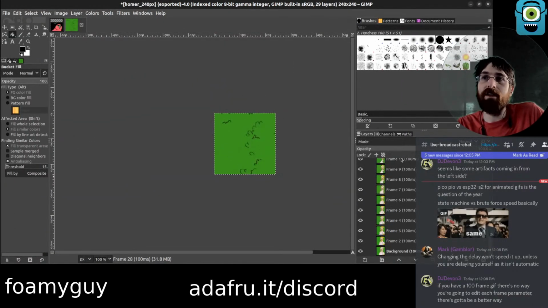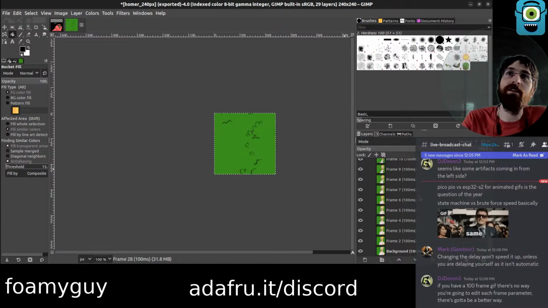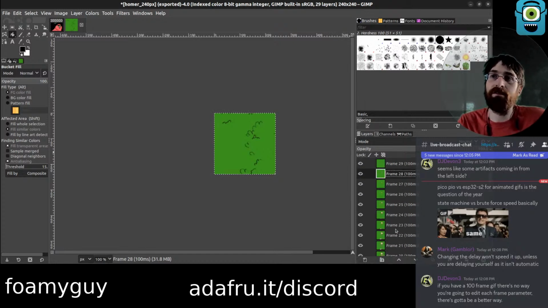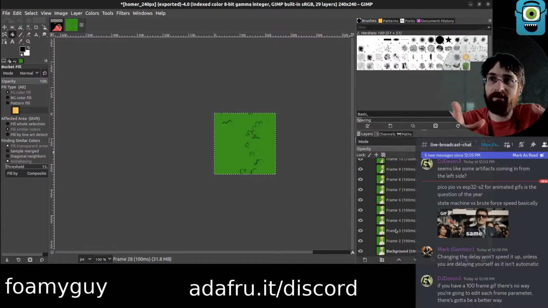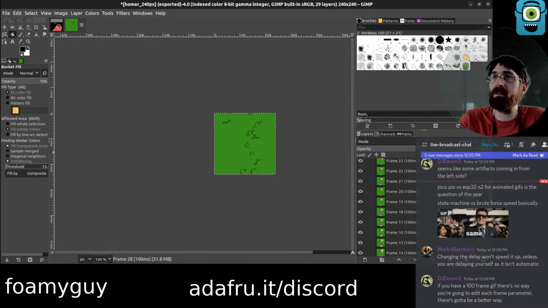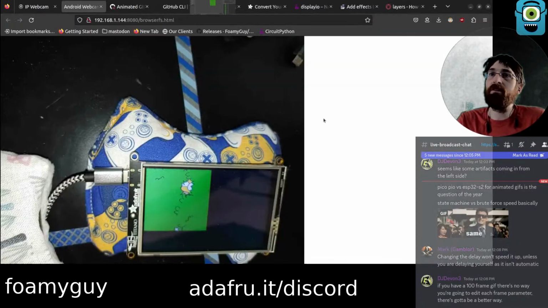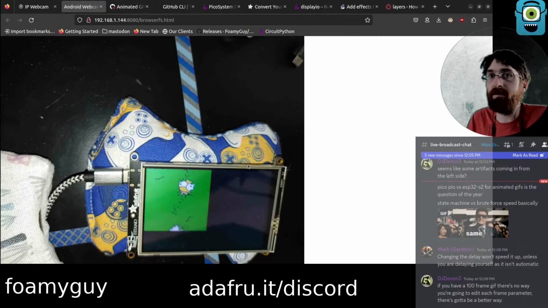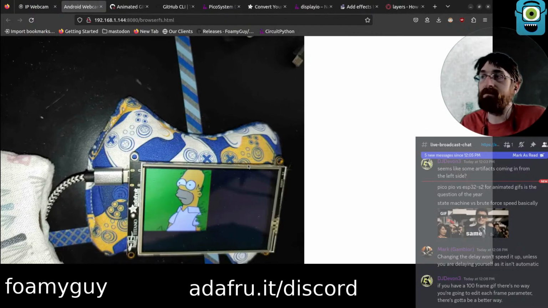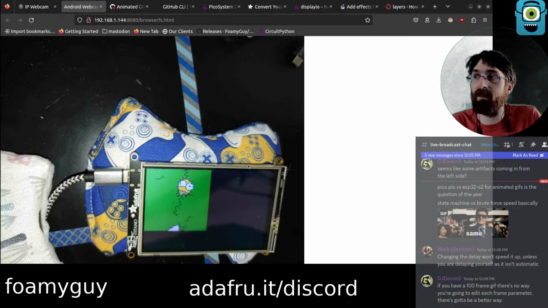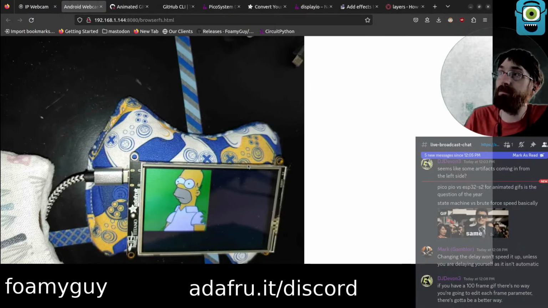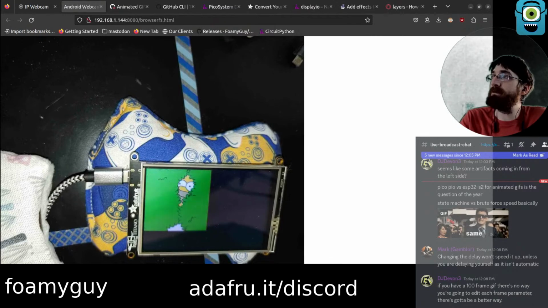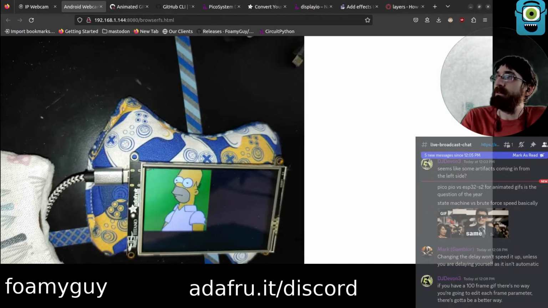It feels like, honestly, it feels a lot like the GIF support was kind of tacked on to the side of GIMP, like kind of reusing the idea of layers, just morphing that into frames and shoving it into the right box or whatever. It doesn't necessarily feel like it was built with that in mind. It feels like that was added in. So there's probably a tool at this point that's actually made for GIFs that would be better. But even like PIL editing the file or something, even something like that would be preferable to manually doing each one. So I think I'm gonna start to wrap it up.